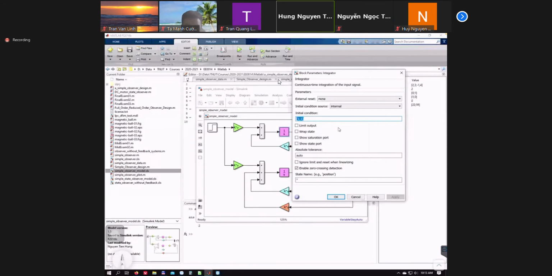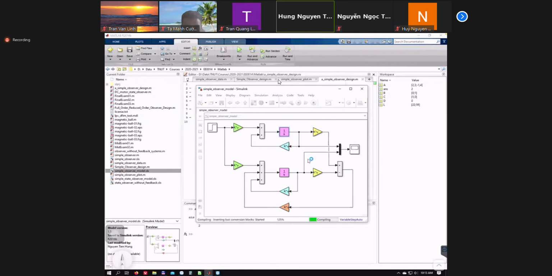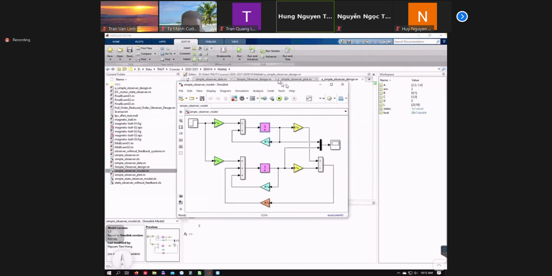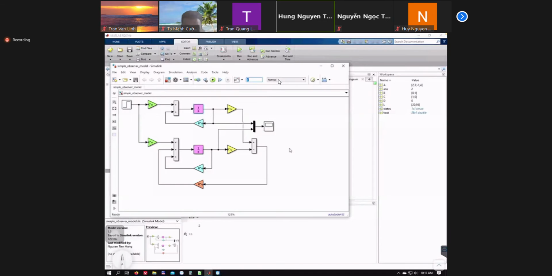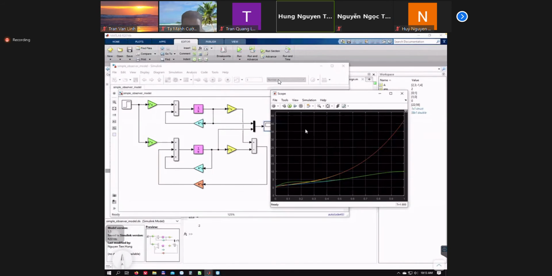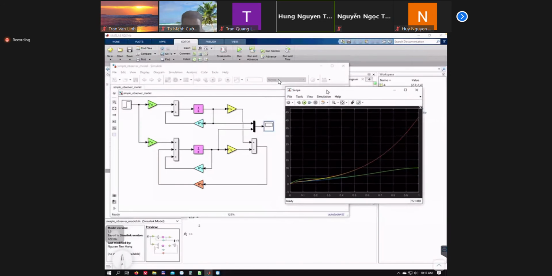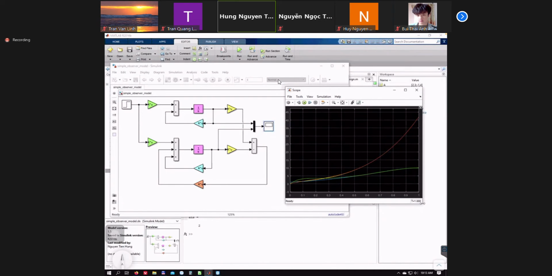Okay. And then after we got this, run the simulation. In my case, I will run the simulation for only 1 second. This is the time, and I check the outputs. So we'll see that